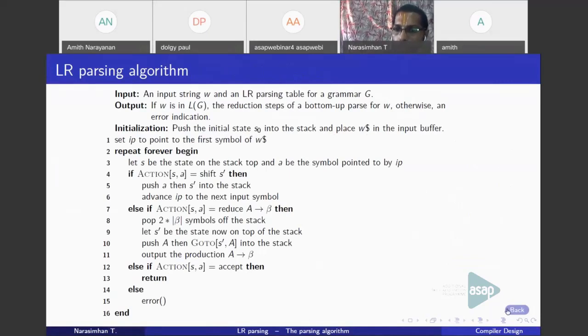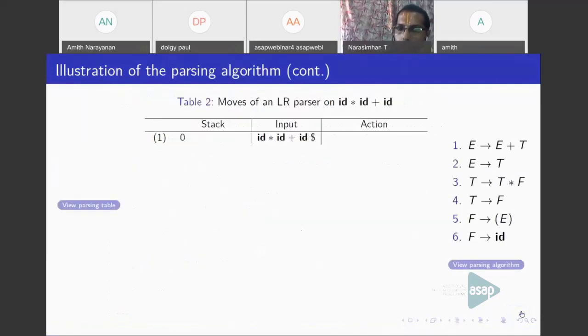So here the initial state is state 0, and you push that into the stack. The input string ID star ID plus ID is appended with a dollar and placed in the input buffer. This is the initial configuration.